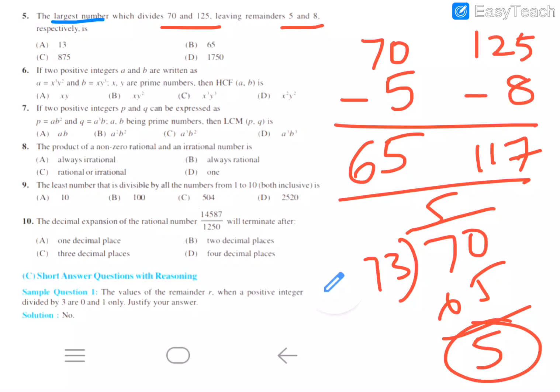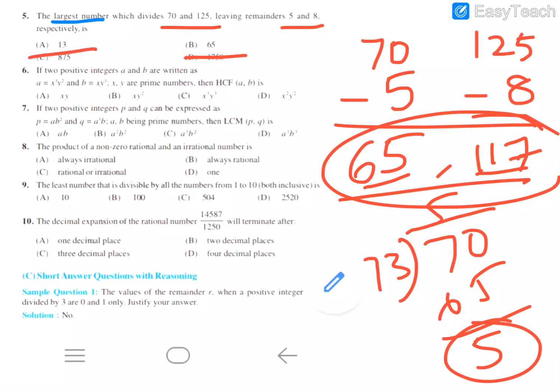It is the previous question only. So what we need is the HCF of these two numbers, 65 and 117. When you are finding it, the HCF is always less than the given numbers. So it should be smaller than 65 and also 117. So these two numbers should not be our answer. Our answer should be 65 or 13. 65 table does not give 117, so that is not the answer either. 13 is the only one that is the HCF of both. So this is our answer.